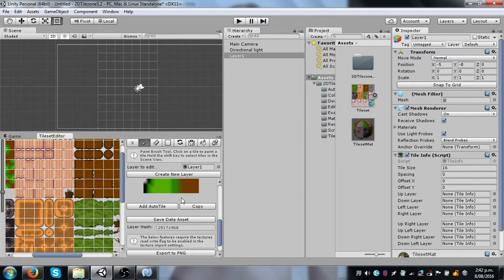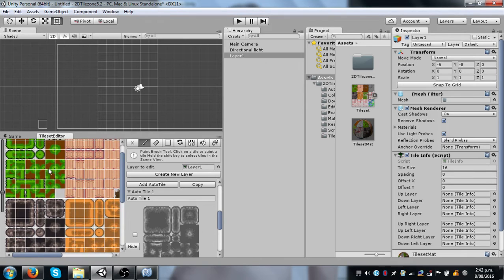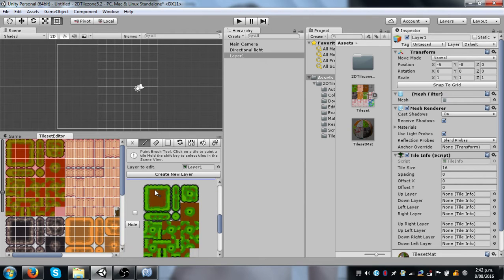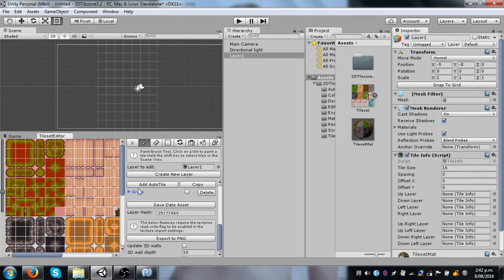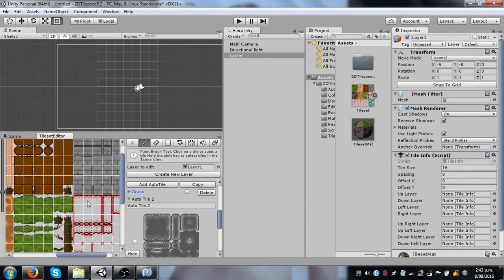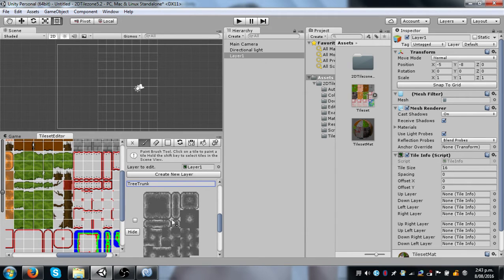And now we can set up our auto tiles. So we'll start off with a ground. Look at that. Grass. And then we're going to want a tree trunk. Okay. So place the middle, actually individual can just be a little top bit,